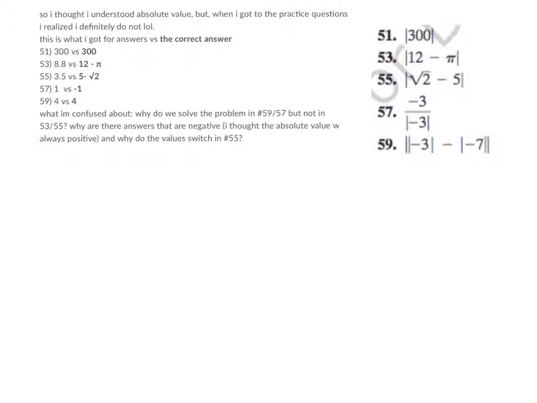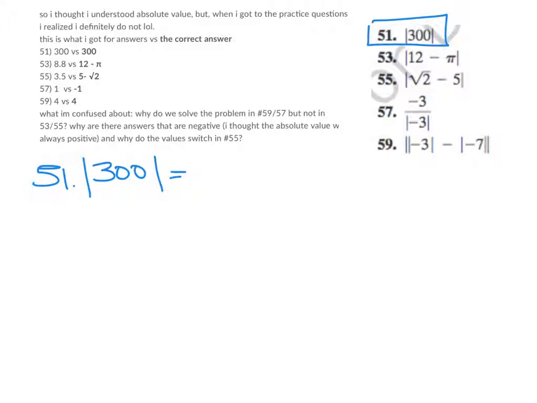In this video, I'm just going to clarify how they got the answers for these absolute value questions. So first of all, let's look at question 51, which is they want us to rewrite all of these expressions without absolute value bars. So we have 300 in absolute value bars, and what it is written without the absolute